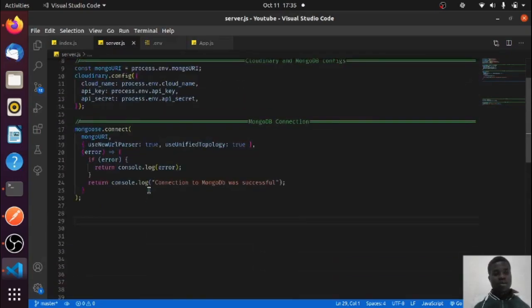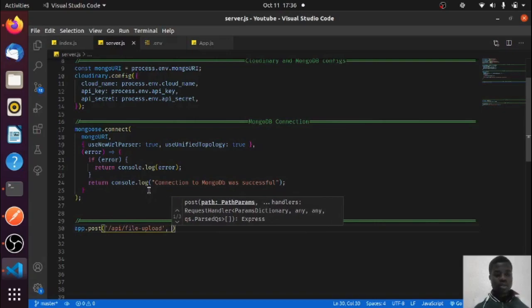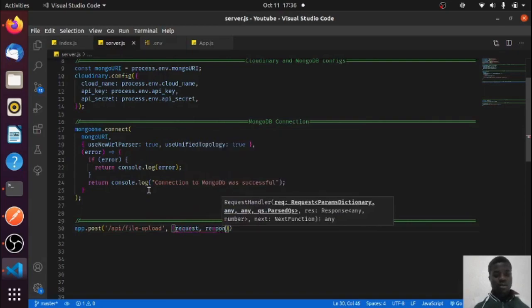So right now I need to have my route for file upload, right? So this is the route for file upload. Everything should make sense with comments and all that. So what we're doing here is app.post, and in the app.post we'll say /api/file-upload, right? So we then get a request, a response,